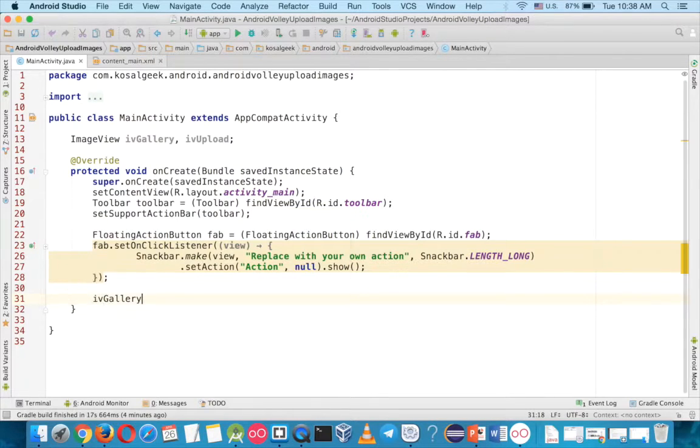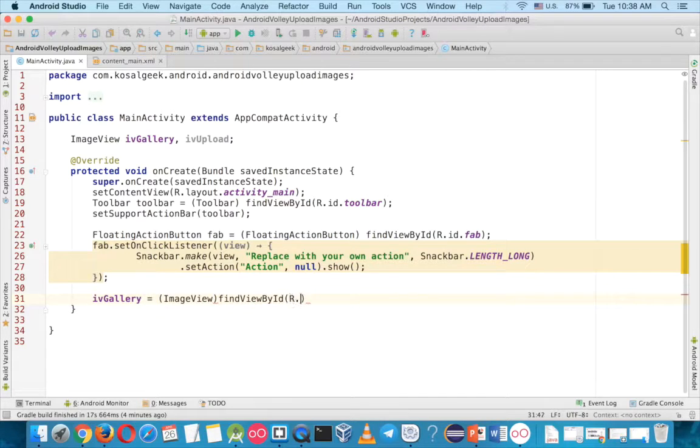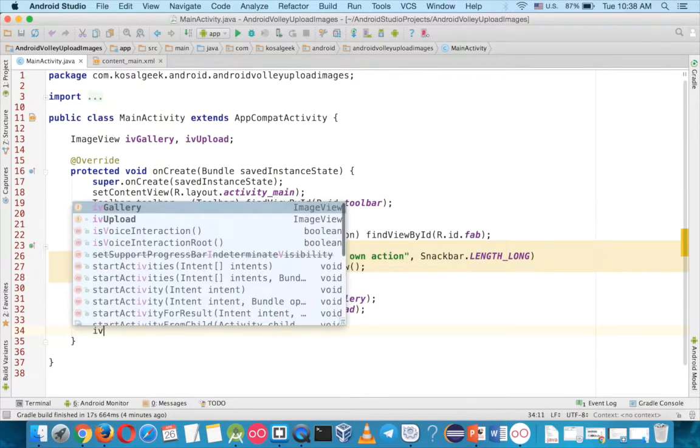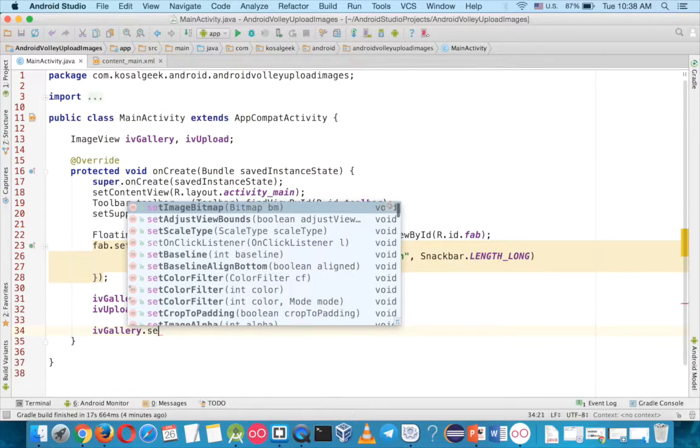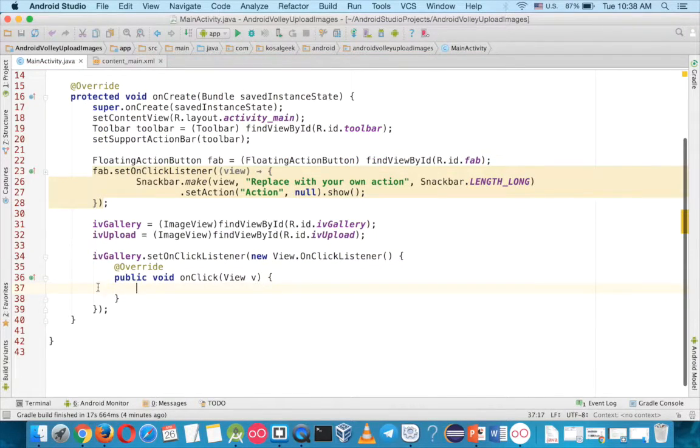So IV gallery, ImageView, findViewById, IV gallery, the same as the upload one here. So here, IV gallery, setOnClickListener, new, Ctrl+Space. Now you have an event for the gallery. When you click on that, you can open a gallery, and the code for opening the gallery is